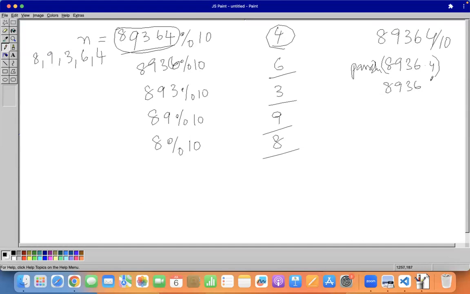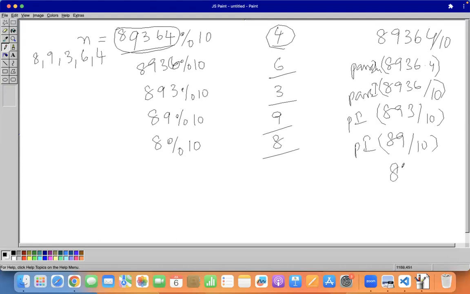And again, I will divide this result by 10, and then I will parse it. What do I get? 893. Again, I will divide by 10 and parse it. What do I get? 89. Again, I will divide this by 10 and parse it. 8. Again, I will divide this by 10 and parse it. I'll get